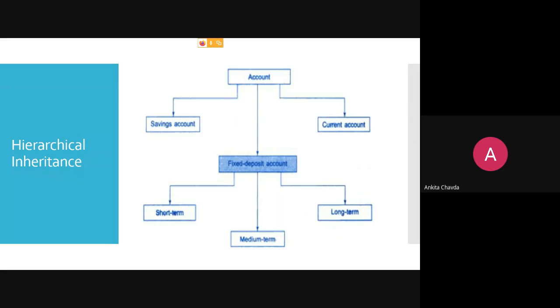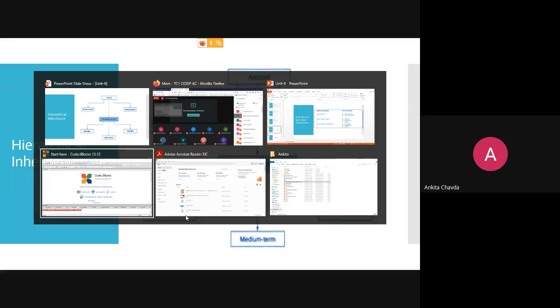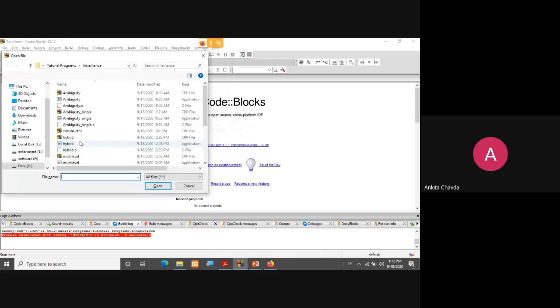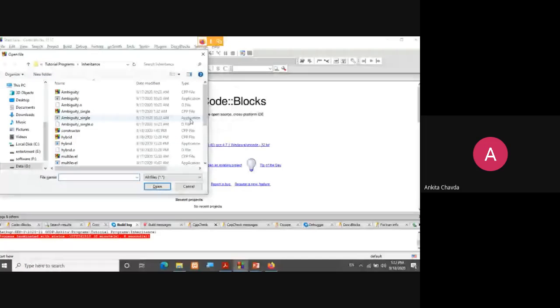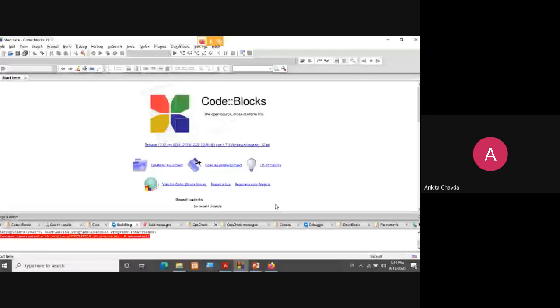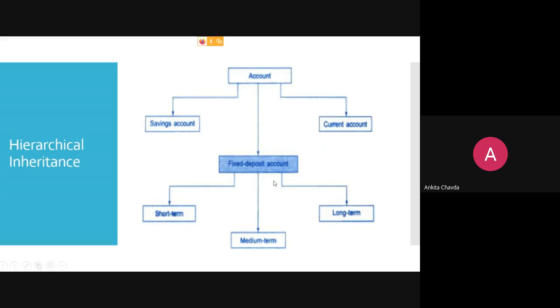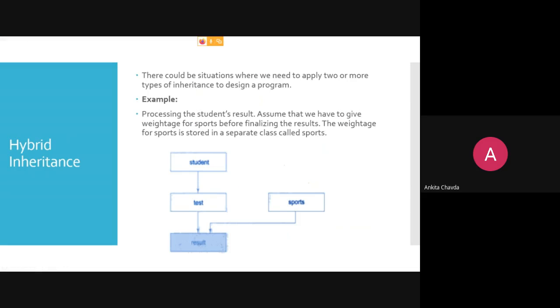In the book they have not given many examples, but we will find one. They've not given the hierarchical example because we will refer to hierarchical inheritance in our next unit on polymorphism, where we will have the concept of abstract class and pure virtual function. At that time we will have many more examples related to this hierarchy. That is why we have skipped this.